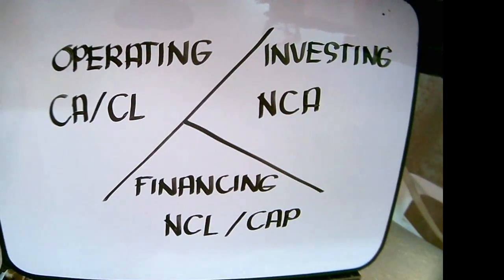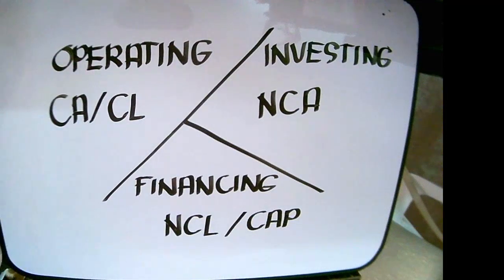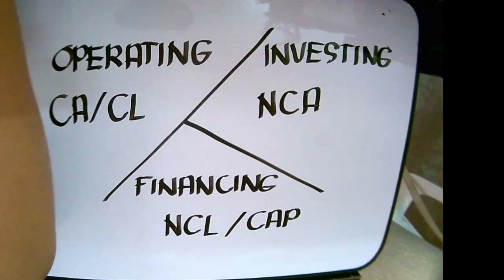So, kailan ba naapektuhan yung ating capital? First is kapag merong additional investment. Pero dapat cash. Additional investment. What else? Kapag merong withdrawals. Yun. So, those are under financing activities. So, as to presentation, meron tayong dalawang method na ginagamit. The direct, the indirect, pero hindi natin yan pag-usapan ngayon. Siguro sa mga susunod pa na panahon.